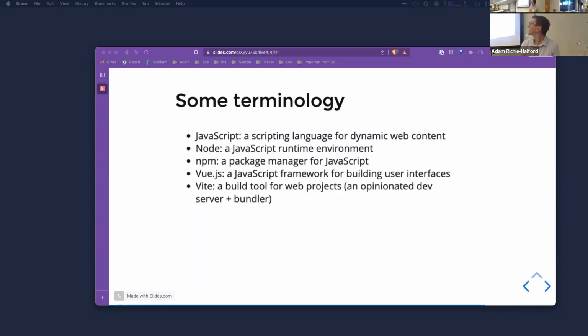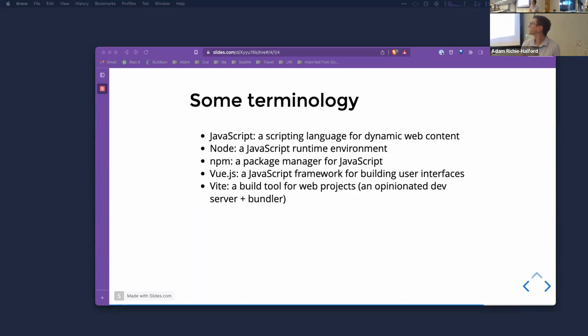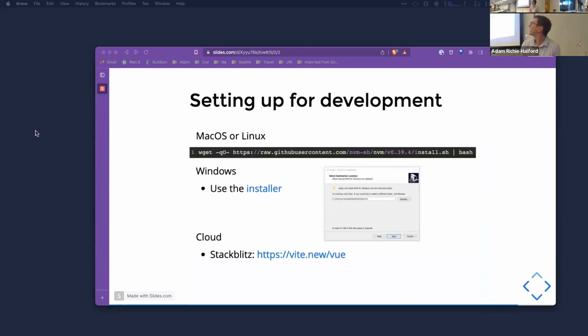Okay. Let me go back. Copy. And I will put it in Slack. Thanks for asking that. So for Mac, Linux users, you can download, and you're really downloading NVM